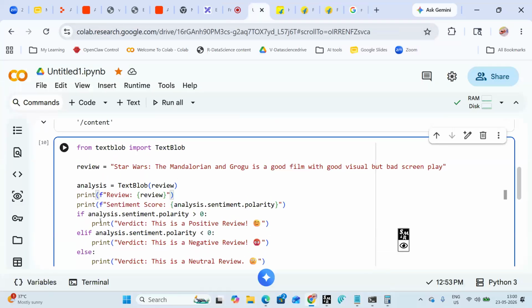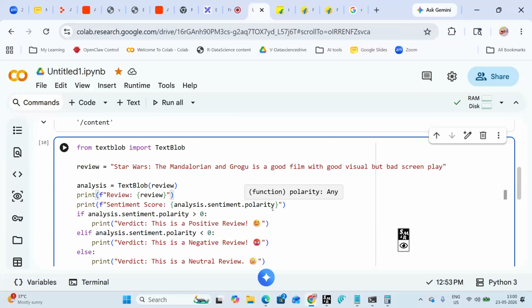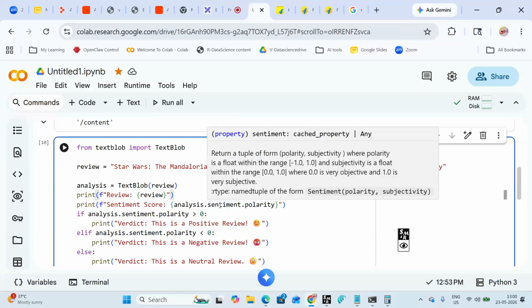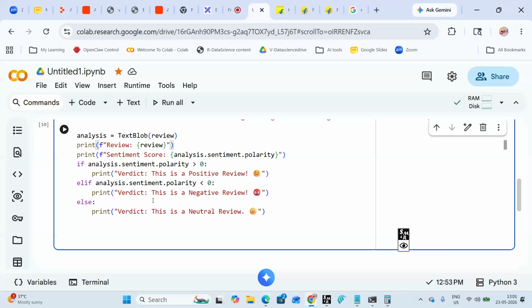So in the analysis, whatever we have given for the analysis, that analysis part gets the sentiment and polarity, finds a sentiment out of it and polarity of it. Polarity is score, sentiment means condition of the statement given. That's it.